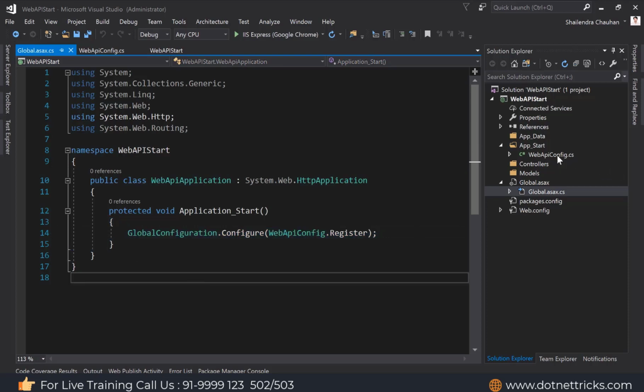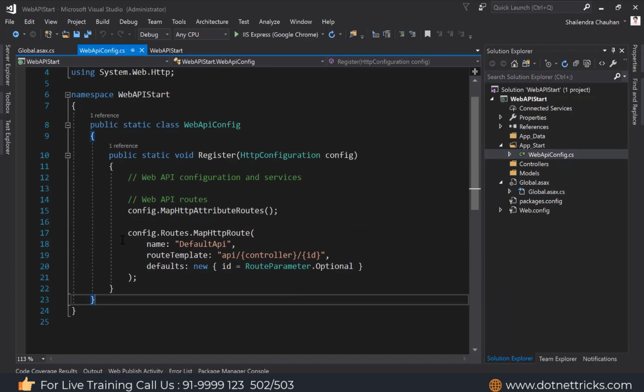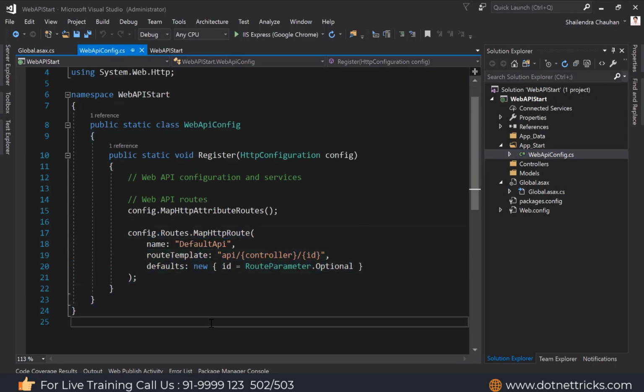So routing is going to be configured only one time, and all the routes are going to be added in the route table. So whenever you request any URI, from the routing table it's going to be decided which URL we need to serve, or you can say which action and which controller is going to be used to respond to this URL, or to respond to this request.